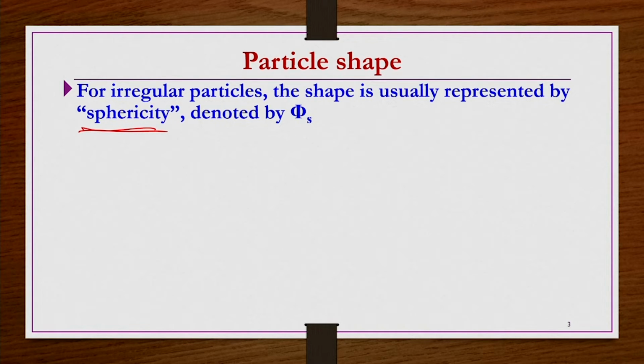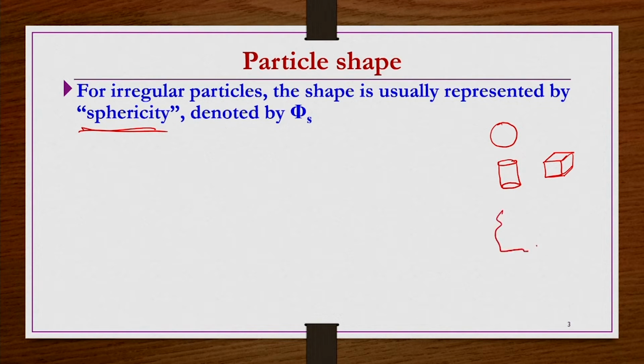Let us say you have a spherical particle, then you can say that its sphericity is 1, that we are going to see. If you have a small cylindrical particle like this, then what is the equivalent spherical shape of this particle, that we are also going to see. If you have a small cubical particle like this, then what is its equivalent sphericity, those things we are going to see now in this lecture. So, it basically represents how close it is to the reference spherical shape.